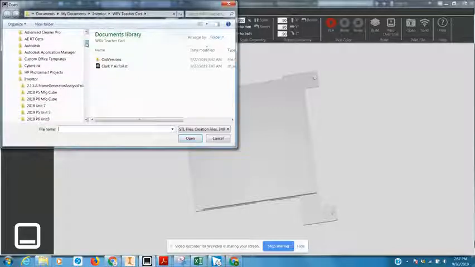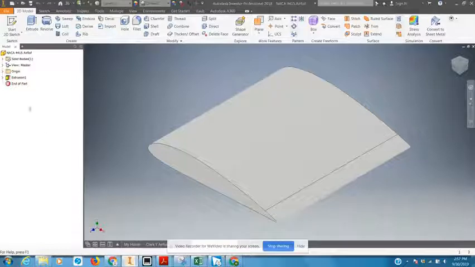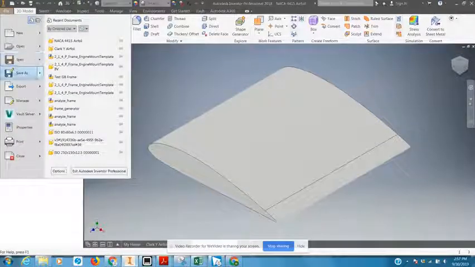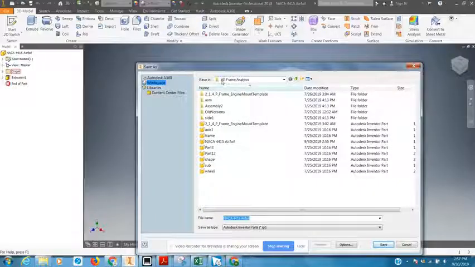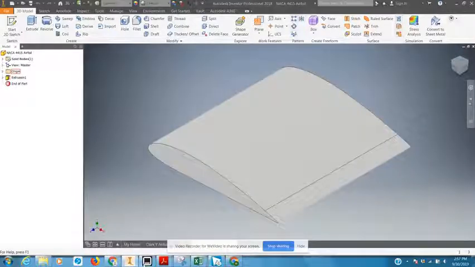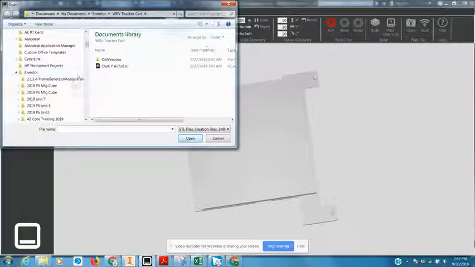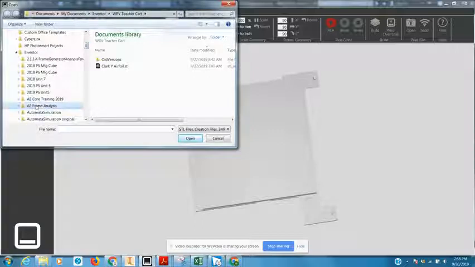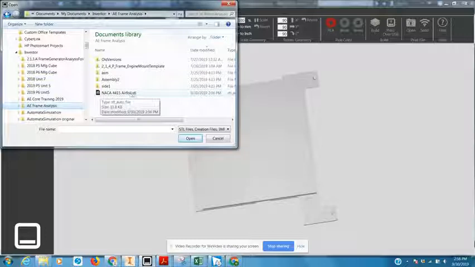And I'm going to go to my Inventor. Actually, I forgot where I saved that file, so I'm going to go to File, Save As, and it's in the Aerospace Frame Analysis folder, so I'll go look there. So I go back to the Cube Pro, and I go to my Inventor folders, and it's in Frame Analysis. And there is the NACA 4415 Airfoil STL that I just created a few minutes ago. I'm going to open that,